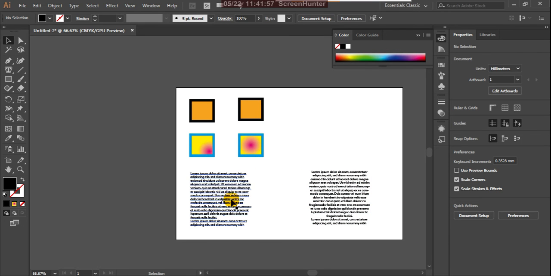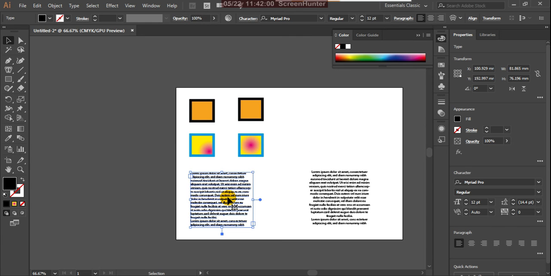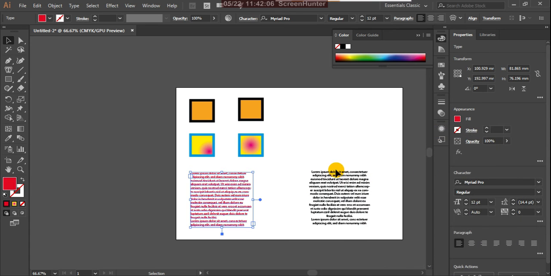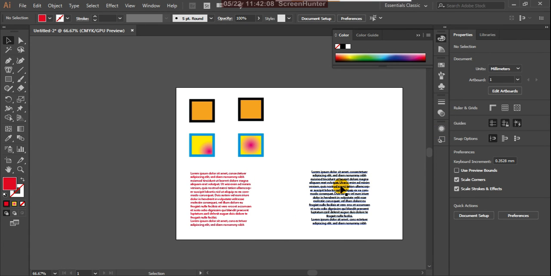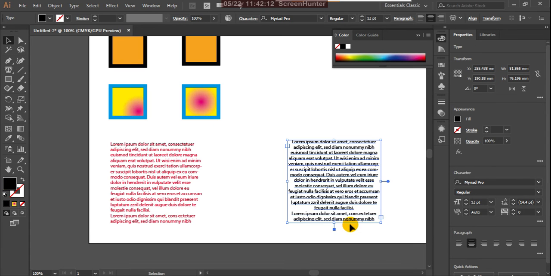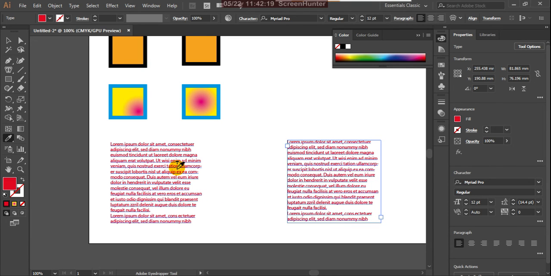Suppose I give the text color some red as well. Now with the eyedropper tool, I select this and then click on this. See, including the alignment, it is also changing along with the text color.